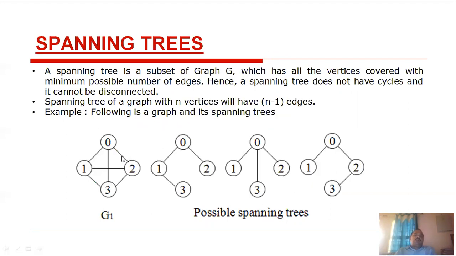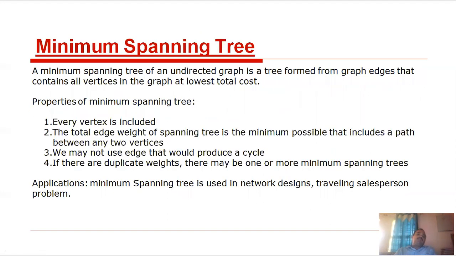Here, what are the spanning trees? The first one: simply remove the edge between 2 and 3. So that is called a spanning tree. Next one: 0, 1, 3, 2. The remaining links are removed from this graph. Then this is also a spanning tree. Next one: 1, 0, 2, 3. Then the internal connections are removed from this graph. So that is a spanning tree. Clear? So these are the spanning trees.